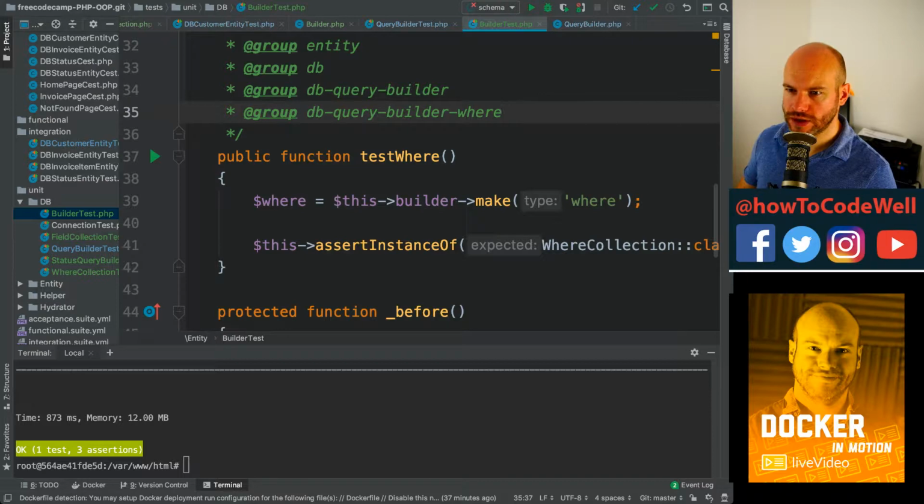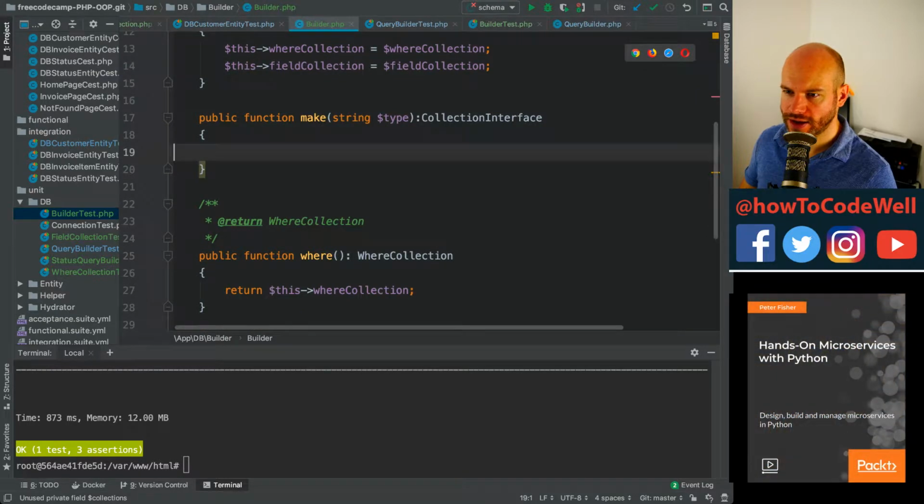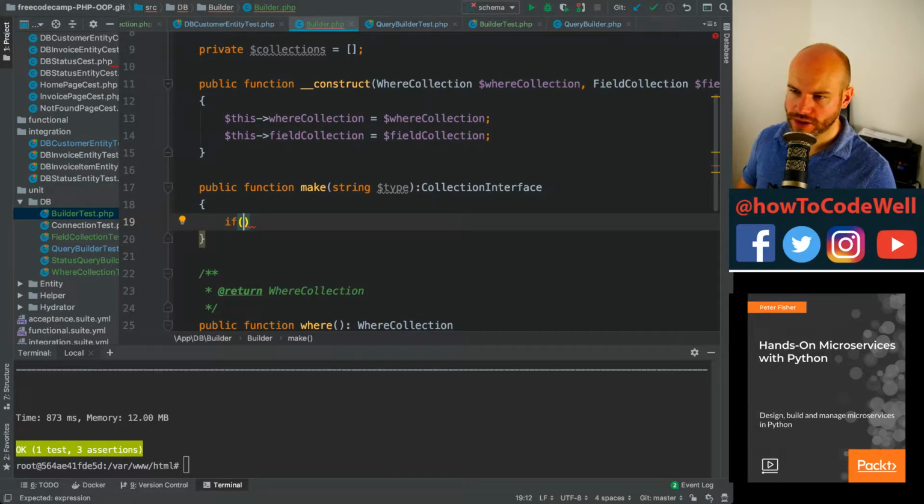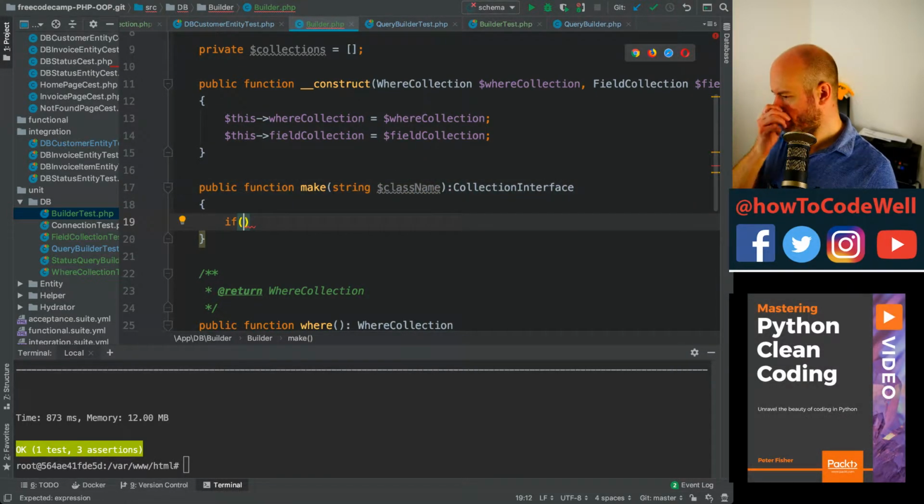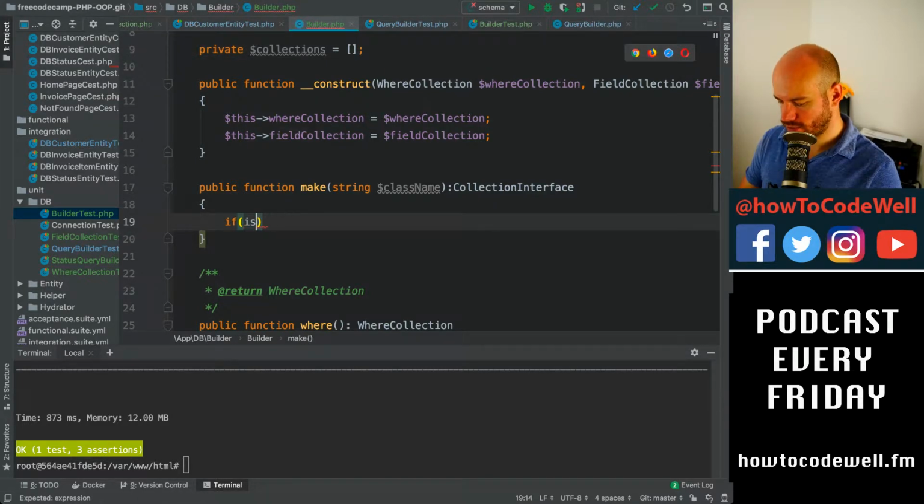Okay, so we go into the builder again. We have collections, and what we want to do is if the type, that's really a class name, to be honest, isn't it? If, and do we do it by? Yeah, I guess we do. I guess we do have it keyed by the class name. So we could do if is set